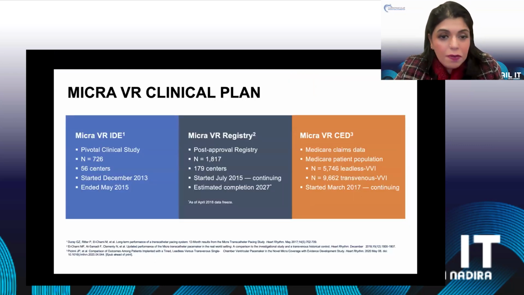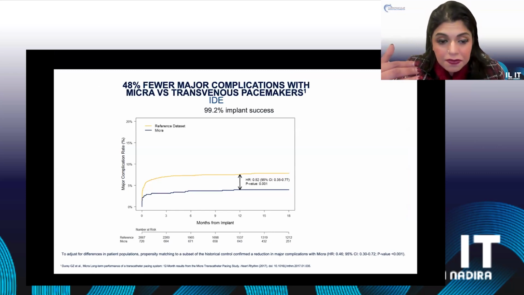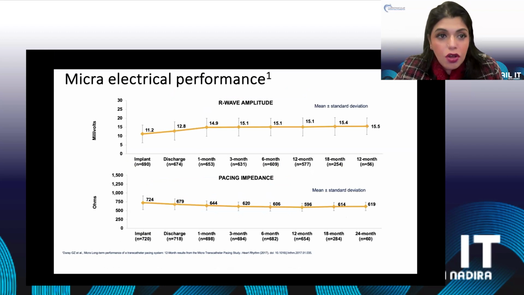And there's quite a bit of clinical evidence, whether it's from the IDE trial, the registry, and also the continued access platform, that showed us there are quite a bit lower complication rates, 48% fewer complications with Micra compared to traditional historic transvenous pacemakers. Now, this was not a randomized trial. This was just comparing to transvenous data, with good electrical parameters long-term, whether we looked at thresholds or sensing or